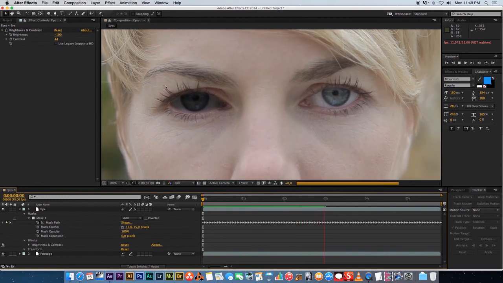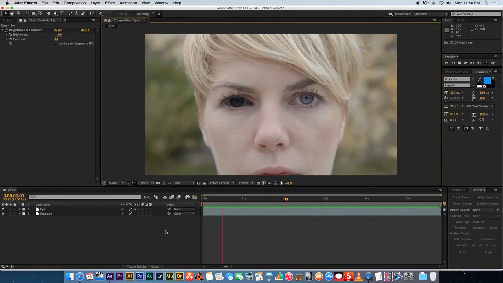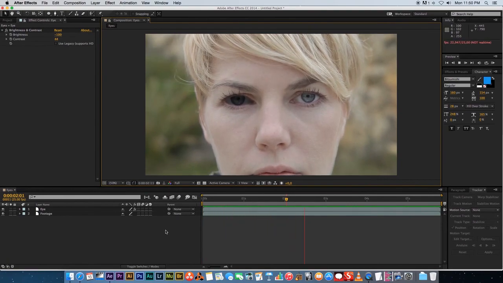You can't really see the mask moving around. That's pretty solid. Okay, so that's the basic uses of masks and also how to rotoscope in After Effects, and